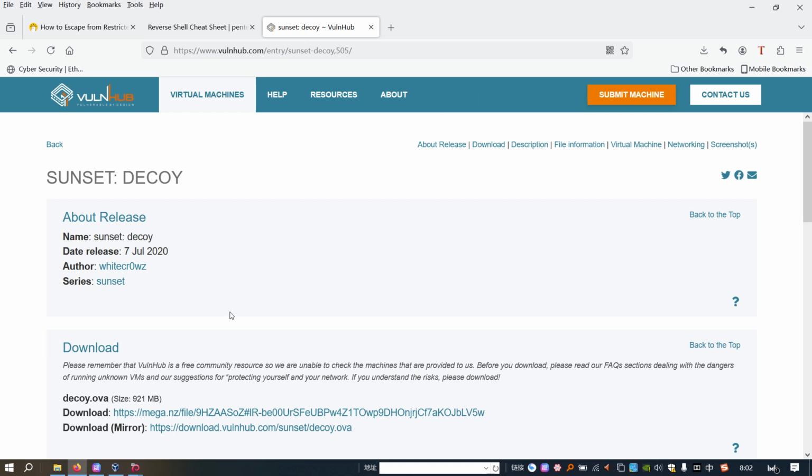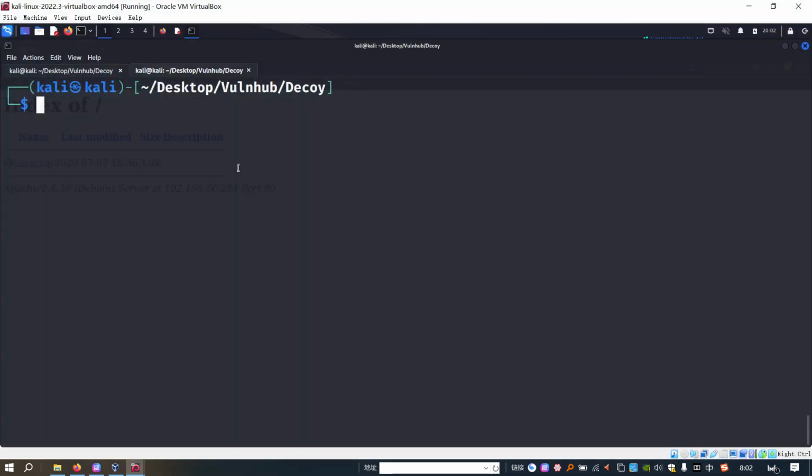We can switch over to the Kali Linux VM. First of all, we need to discover the IP address of the target. The utility I'd like to use, as always, would be netdiscover. So we can launch netdiscover with the -i option to specify the interface.